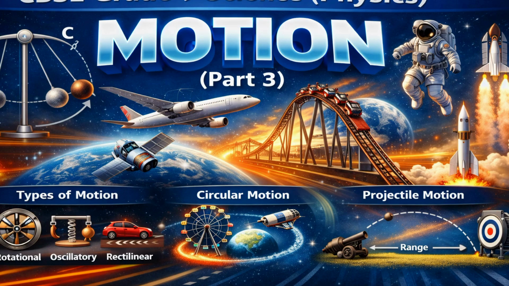First, we will discuss uniform circular motion, where an object moves in a circular path with constant speed but continuously changing direction. Next, we will solve problems related to acceleration, which is the rate at which velocity changes with time. Then we will practice numericals using the equations of motion, which help us calculate velocity, distance, acceleration, and time for moving objects. Finally, we will learn how to interpret motion graphs, such as distance-time and velocity-time graphs, to understand motion more clearly. Let's begin solving these numericals step by step.